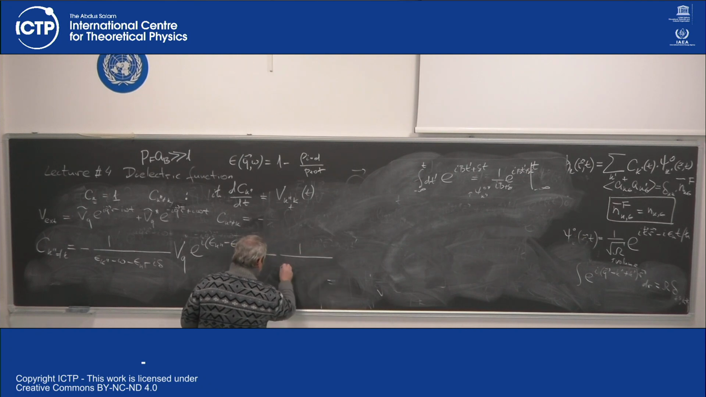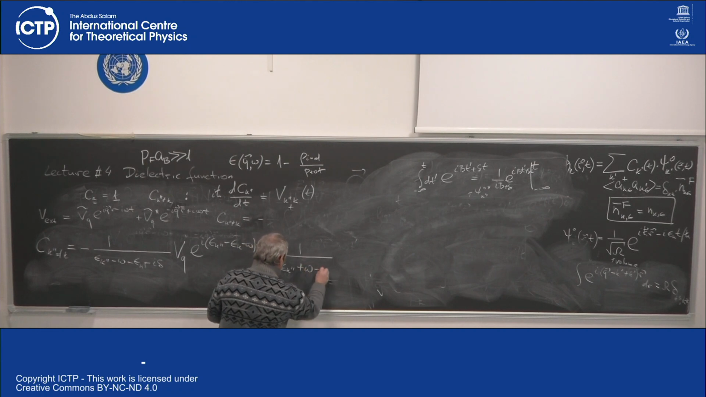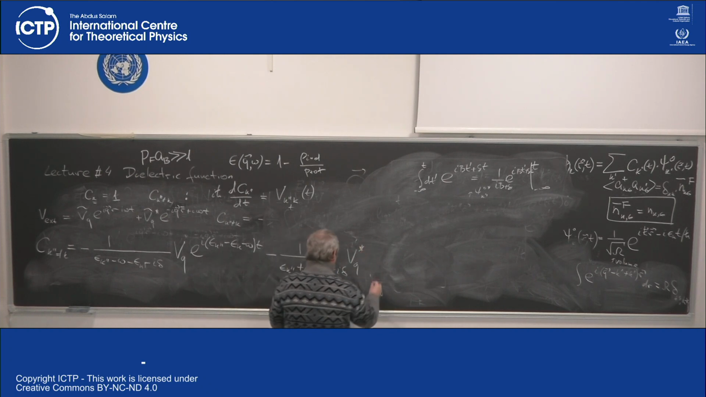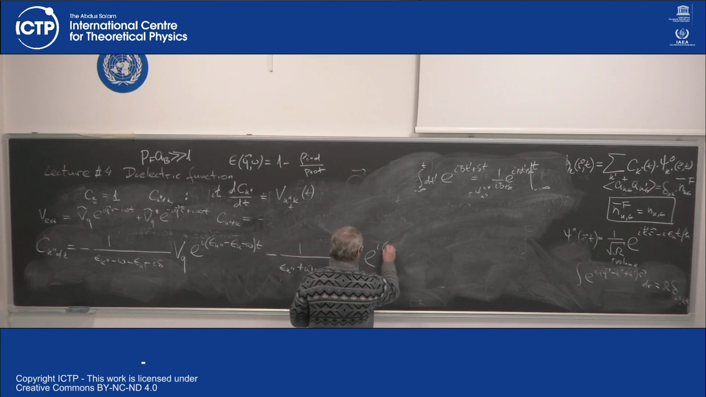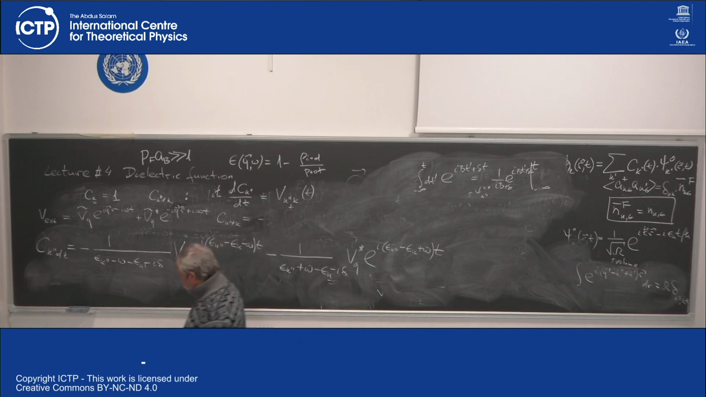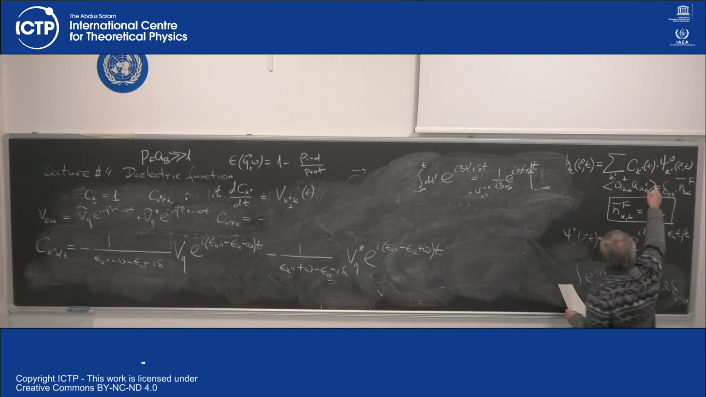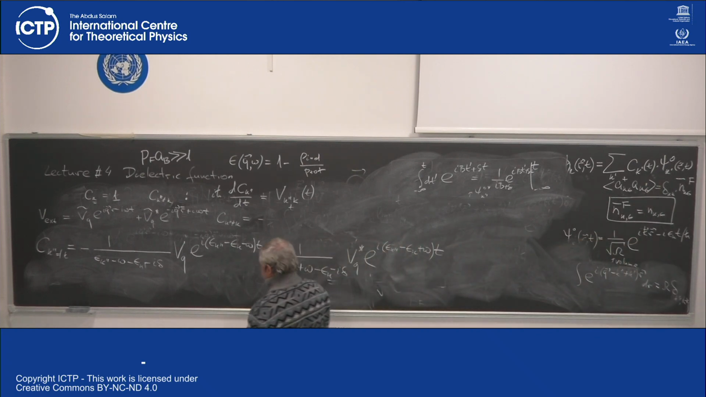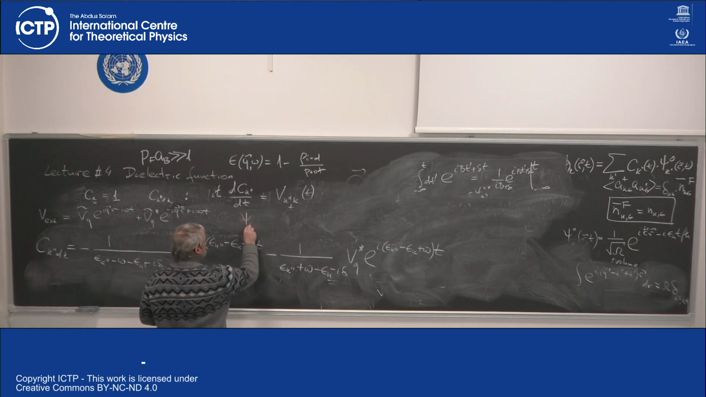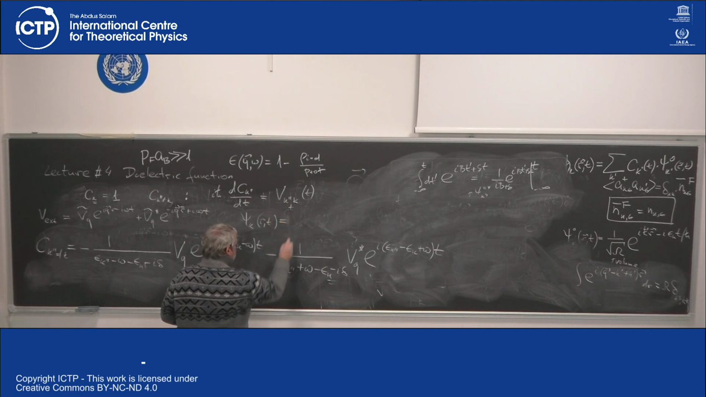1 divided by epsilon k double prime plus omega minus epsilon k minus I delta, V q star, e to the power I epsilon k double prime minus epsilon k plus omega t. So I just computed the integral which was written on the blackboard. Now I can plug it in here, and I'm writing that psi k r t is equal to,